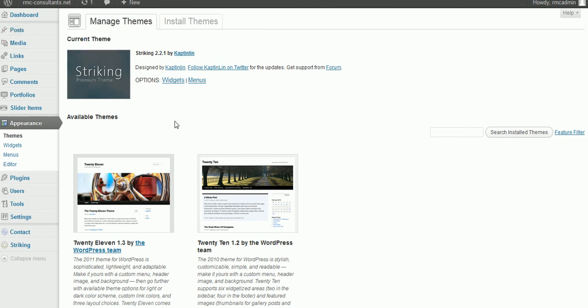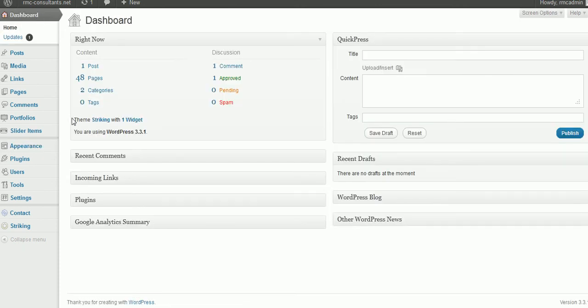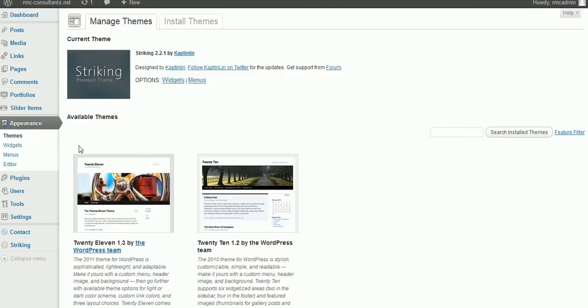When you're doing a WordPress update, I really recommend that you make sure you are aware of what theme you're using. This particular site is using a theme called Striking. It's a very cute theme. But if we were here under themes and it were to say 2011 or 2010, which are the two themes that come packaged with WordPress installs, if that's what your theme on that dashboard says, and it doesn't look exactly like this, if there are any color differences,